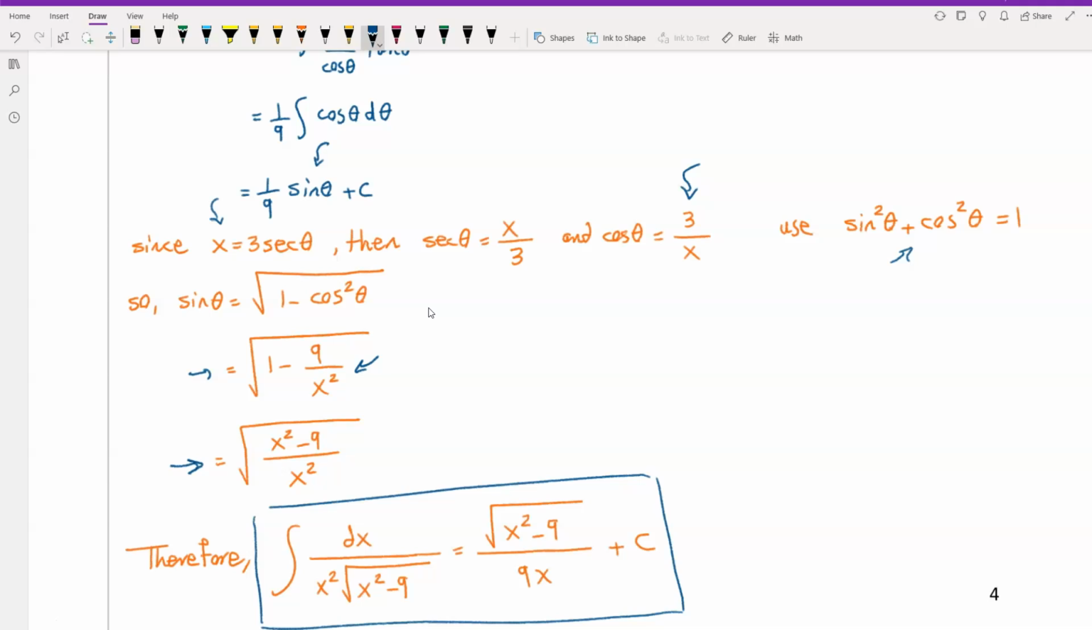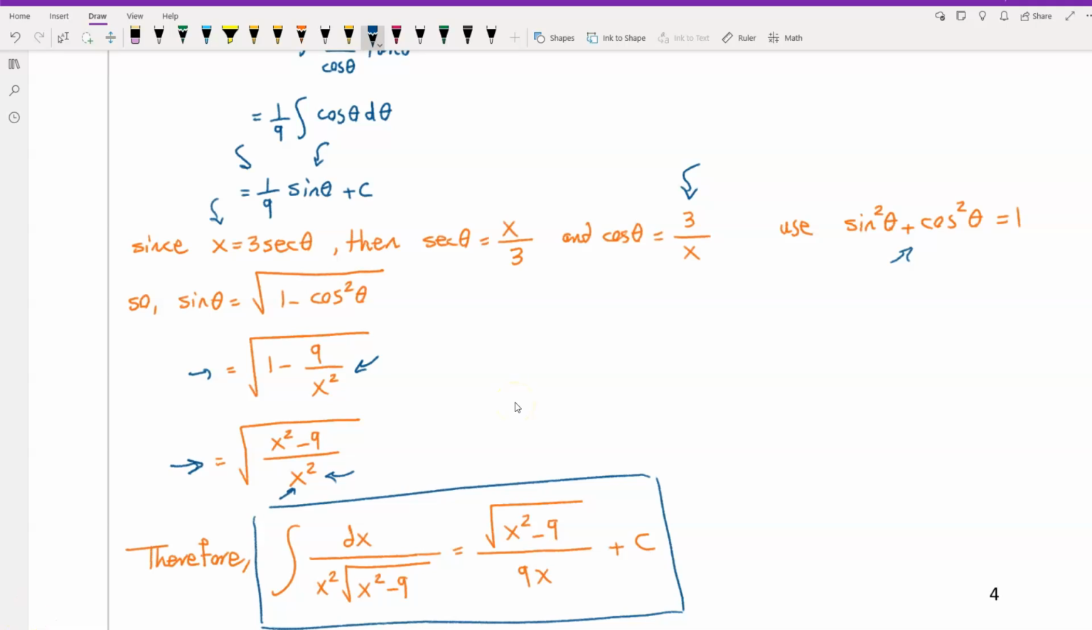So this is equal to square root of x squared minus 9 divided by x squared, and we can simplify this part. The square root of x squared in the denominator will be equal to x. So the final answer is equal to